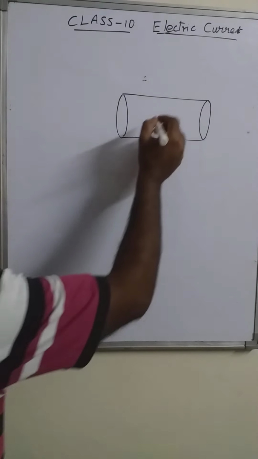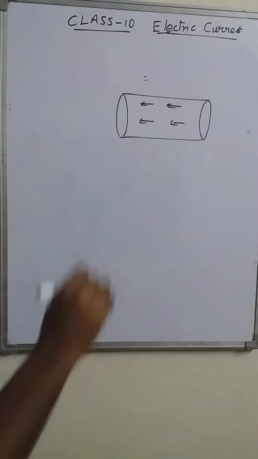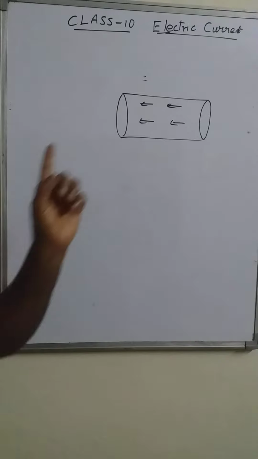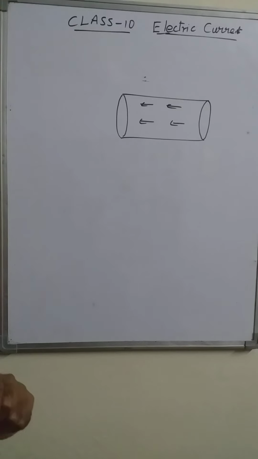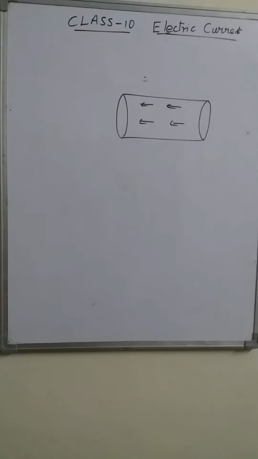The electric current is due to the flow of electrons. The electrons are flowing from one terminal to another terminal. So the electric current is flowing through this conductor. In the normal condition, the electrons were moving randomly in all directions, but after a certain condition, the electrons were traveling in a particular direction. How? Due to what reasons were the electrons moving in a particular direction?